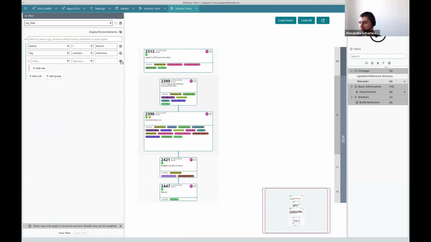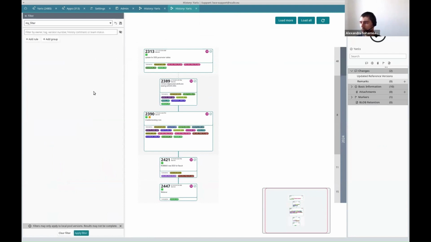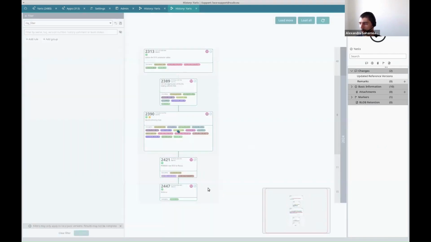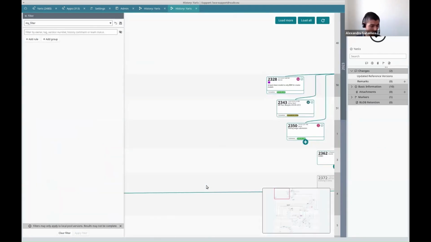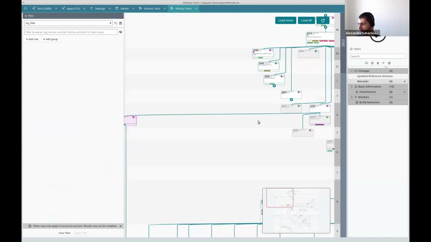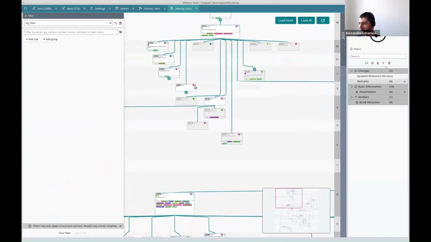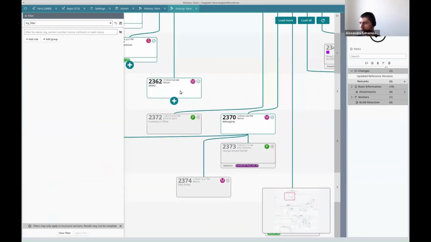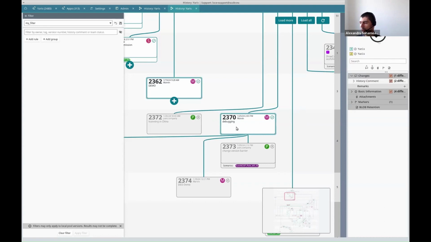In addition to this, if I remove the filters, we can also connect some versions that we see here manually. So the thick lines that we see here are connections that are created automatically by the version control of the software, but we can also select two versions here and say, okay, these are